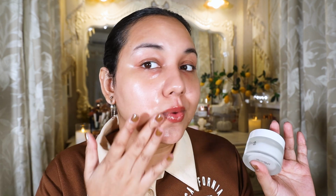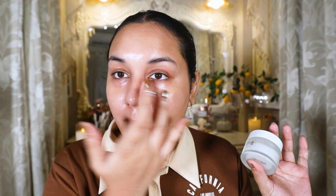You can use a light layer of this moisturizer. Love how it feels on my skin and it gives you the perfect glass skin finish. With this routine, you will actually achieve that glass skin look, and it's not going to be an oily, greasy type of glass skin routine. It's the perfect practical glass skin routine that you need, and it's so lightweight,